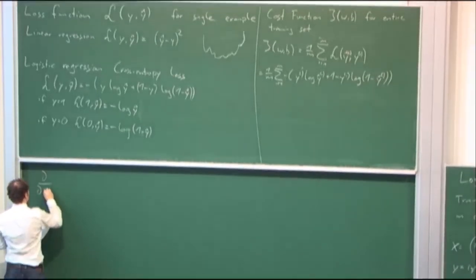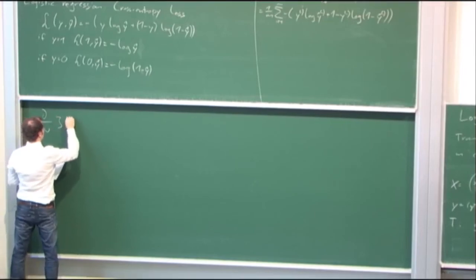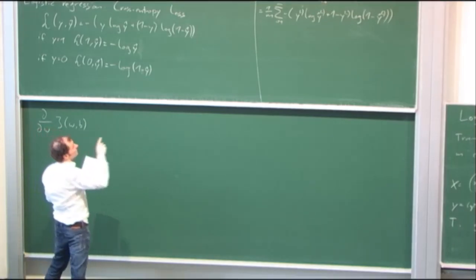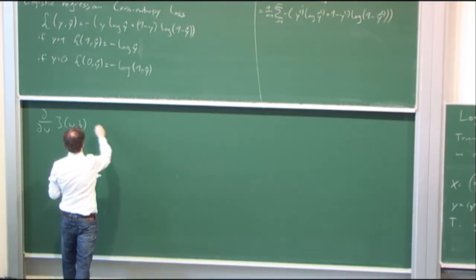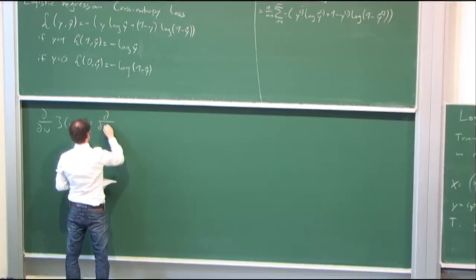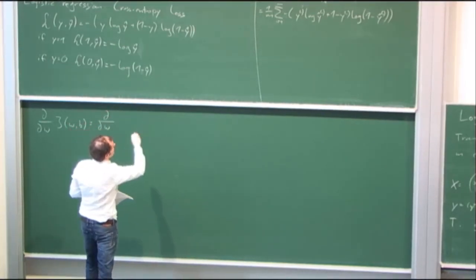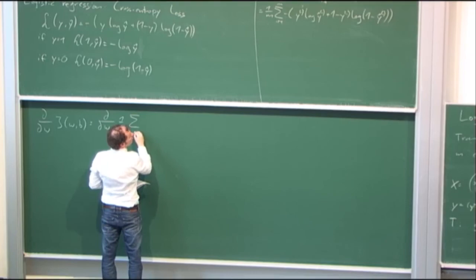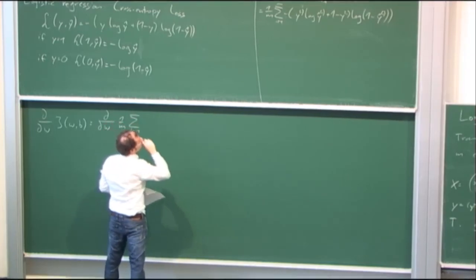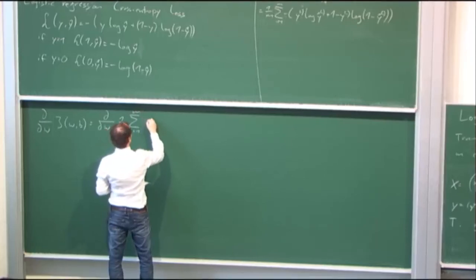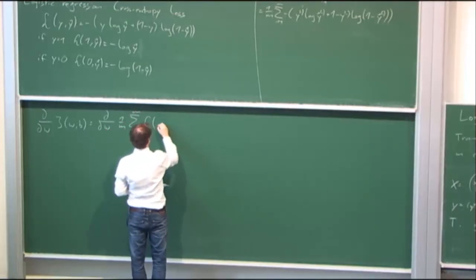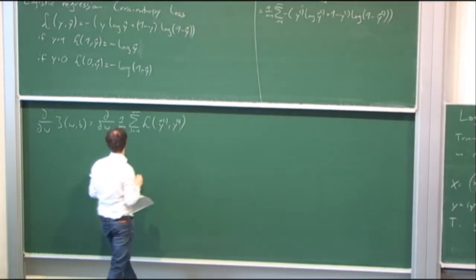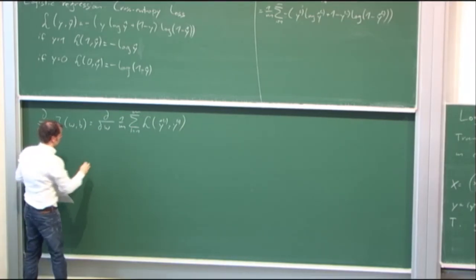The derivative with respect to W of our cost is just the derivative with respect to W of this thing over there: 1 divided by m, sum over i equals 1 to m of the losses, L of y hat i and y i. Okay, and now